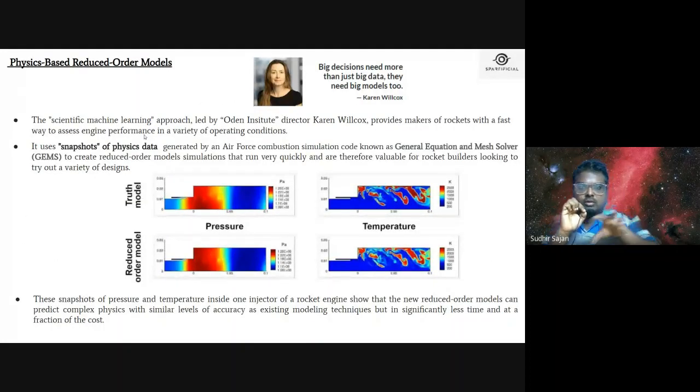Physics-based reduced order models. Who is this scholar? This scholar is nothing but Karen Willcox. He is the director of the Oden Institute. He proposed these models, physics-based reduced order models. What is this actually? These physics-based reduced order models are nothing but a blending of machine learning into the